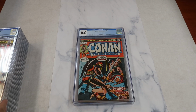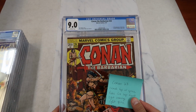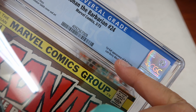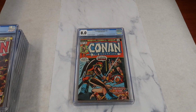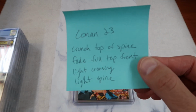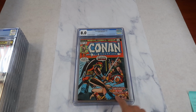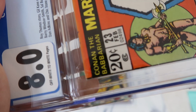So here we have Conan 23, which the label says the first appearance of Red Sonja, and it's funny because label 24 says first full appearance of Red Sonja. So we've got first full appearance on 24 and first appearance on 23. So that's kind of interesting. And the grader's notes on this one say crunch, top of spine, fade, full top front cover light creasing, and light spine stress. So this book was actually in very similar condition, except it had this little crunch right here